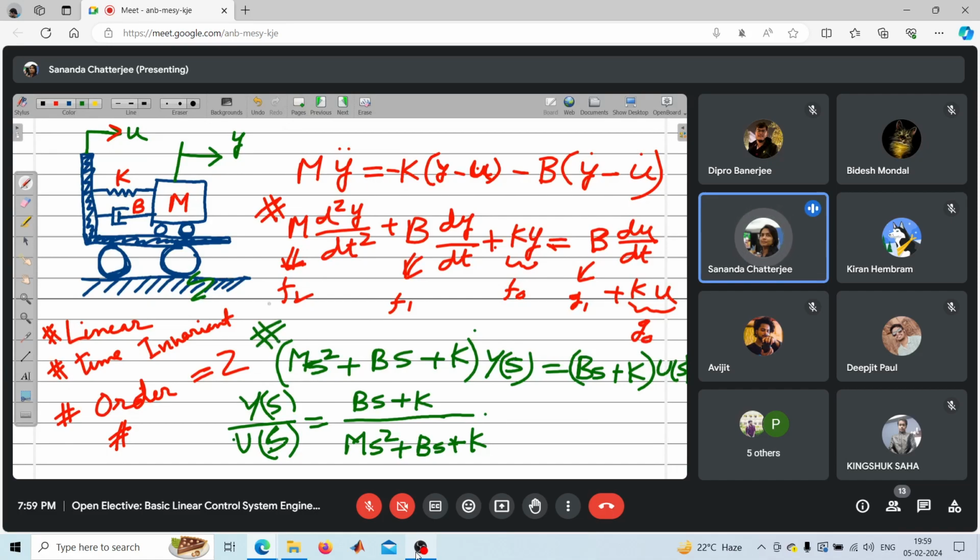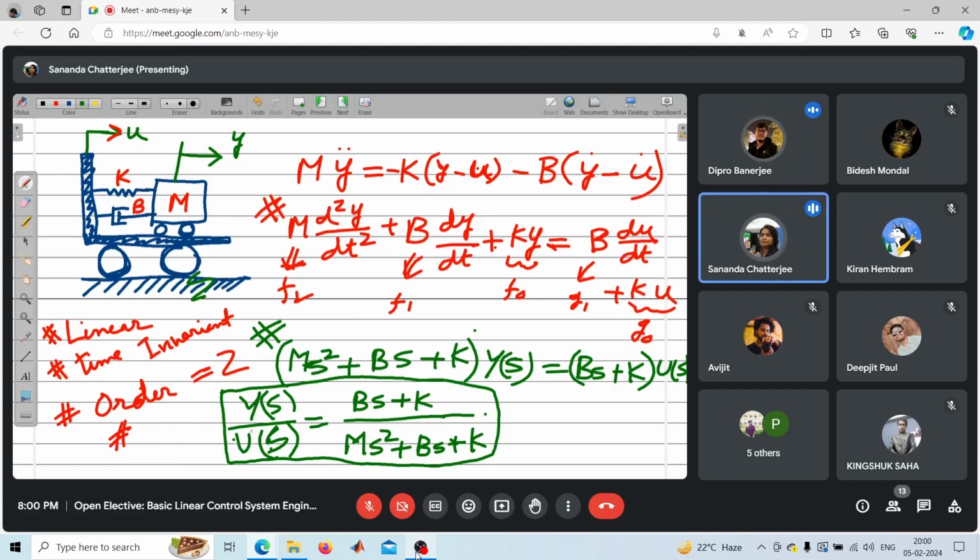And we can also try to represent this system. See, for this transfer function representation, we are taking the assumption that all the initial conditions are zero. So we can only have a steady state analysis of this system and analysis of the input to output relationship. If initial conditions are present, then we cannot have the effect of the initial conditions by analyzing this transfer function. But for studying the input output relationship of a system, this is an effective